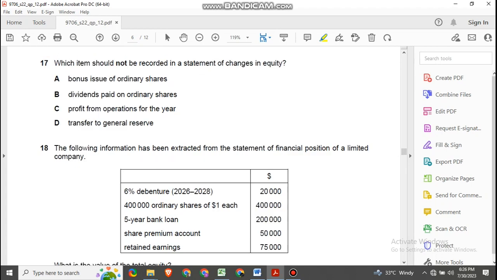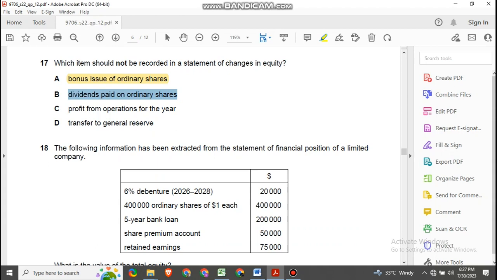Okay, the next question, question number 17. Which items should not be recorded in the statement of changes in equity? Option A, bonus issue of ordinary share. B, dividends paid on ordinary shares. C, profit from operations for the year. And D, transfer to general reserve. So in statement of change in equity, we definitely record bonus issue of ordinary share. We do record this one,